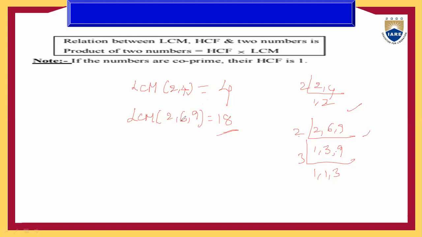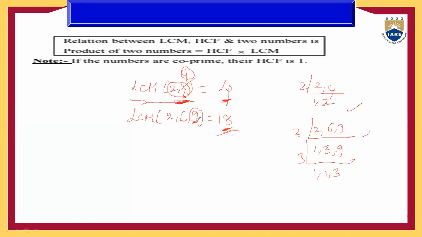So how to calculate this value by using a shortcut method? Now here we observe that in these two examples, the LCM of any numbers is equal to the highest value or more than the highest value. Here the highest value is 4, it is equal to 4. Here 18 is more than the highest value. Now directly, how to find it by using the shortcut method? In this 2 and 4, the highest value is 4. Is 4 divisible by the remaining numbers? Yes. So 4 is the LCM.